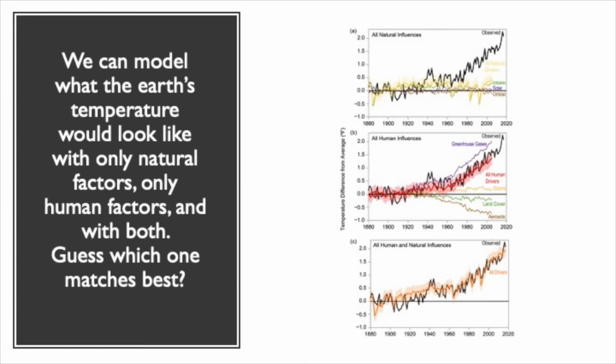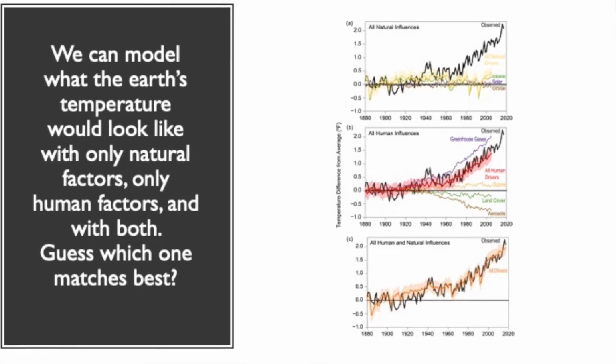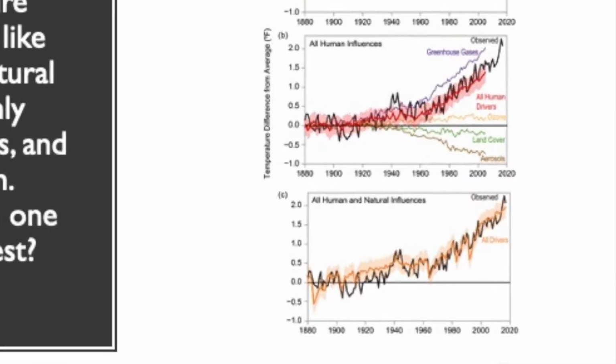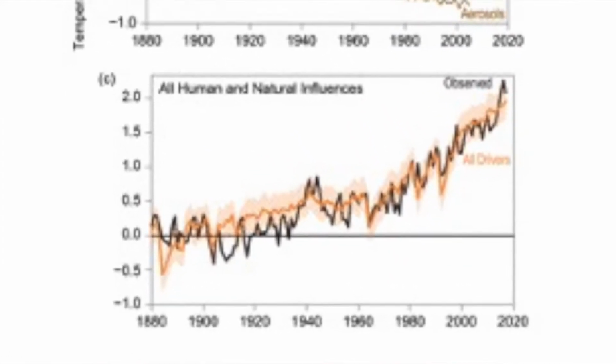and we can run a climate model with only volcanic eruptions, or only variability in solar output, or only greenhouse gas emissions from human activities, but nothing else. We can run these models with only one thing or only another thing, and then we can run them with everything all together, and you can see that that, at the bottom there, provides the best match. So we can use climate models for detection and attribution,